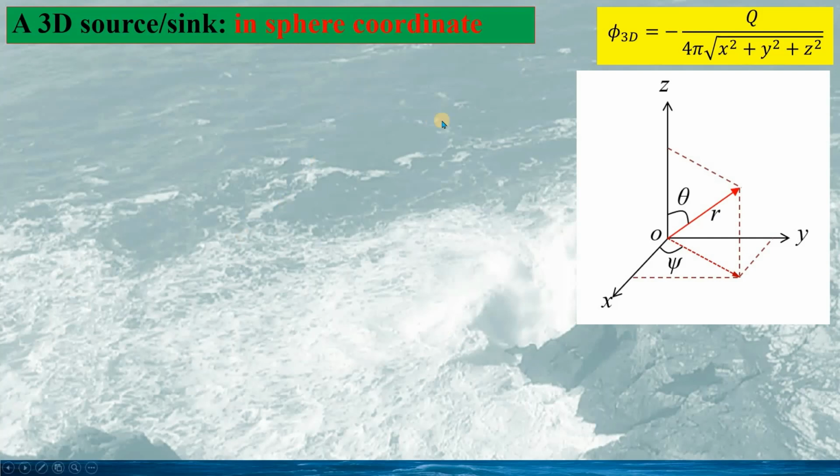For practical applications, a 3D source would be more useful. Thus, here we will have a look at the 3D potential function for a source. It is better if we employ the spherical coordinates, see here. Here we can see the transform relation between the Cartesian coordinates x, y, and z, and the spherical coordinates r, theta, and psi, given as this.